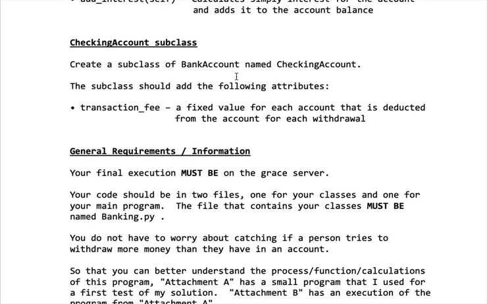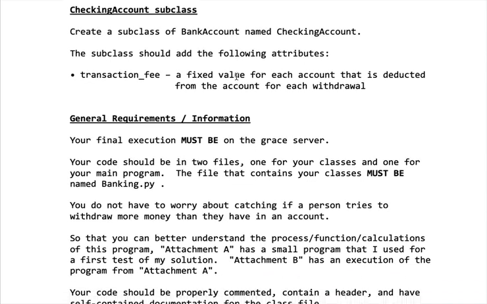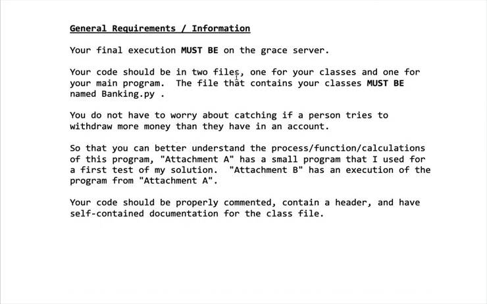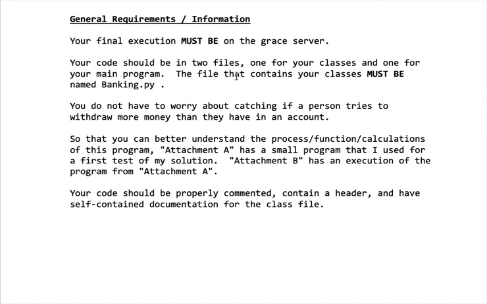So that's kind of the assignment. Now then, here is some general information to help you out with this, or things that I'm going to require. First off, this has to be executed on the Grace server, and there are a number of reasons for that. But in this case, the primary one is going to be so you can grab my example program that we'll